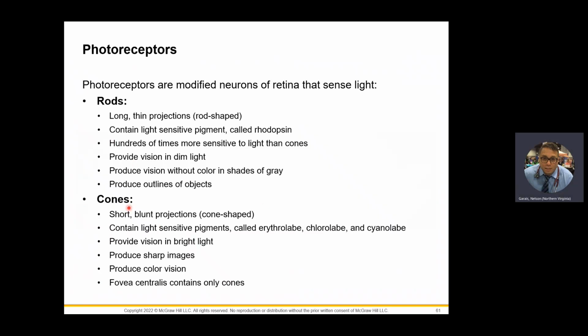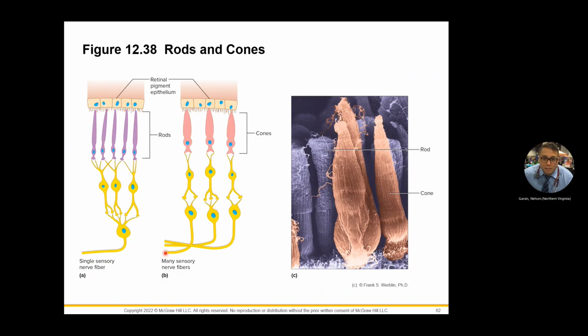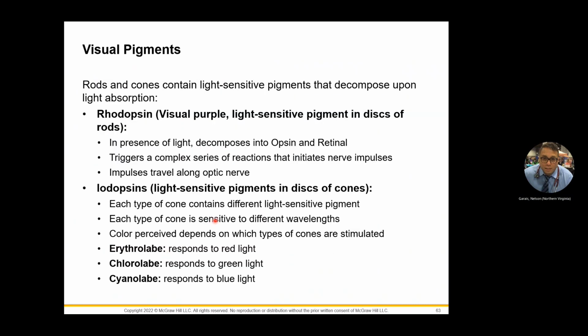Rods for evening, cones for day. You also have pigments that absorb this light and get decomposed. So rods, of course, have rhodopsin, and cones have iodopsins. You have erythrolabe, chlorolabe, and cyanolabe. I'm not quite sure how to pronounce it. But of course, you have three kinds of cones. One's red, one's blue, one's